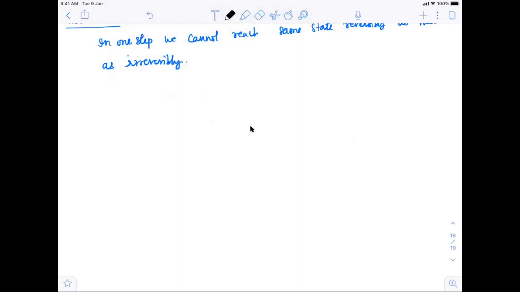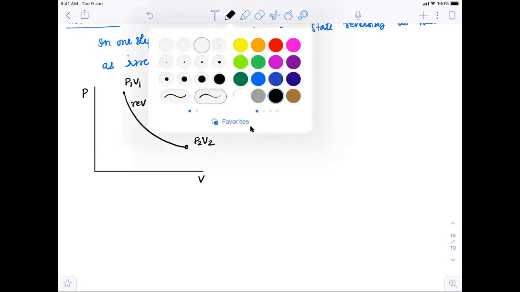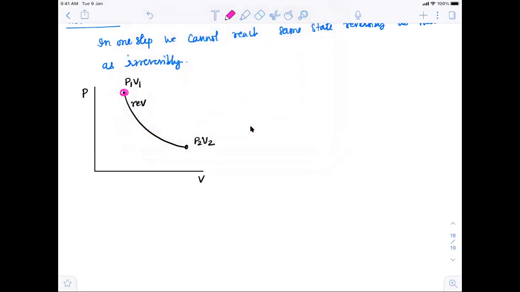Suppose I have started with some pressure here, P versus V, we have started from here and we are reaching this point reversibly. So which means from P1, V1, I'm reaching P2, V2 reversibly. This is a reversible adiabatic curve. For irreversible, the curve is not defined, only points are defined. But your starting point is the same. So we are starting from this point only. This is the irreversible point.